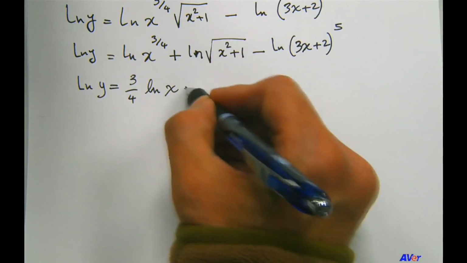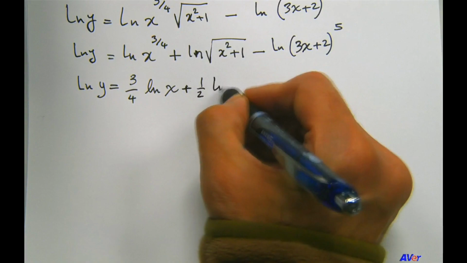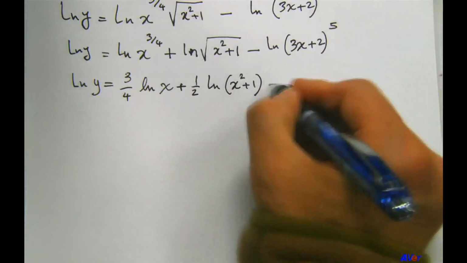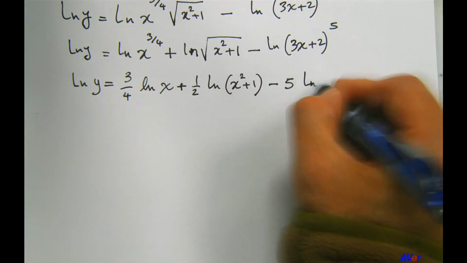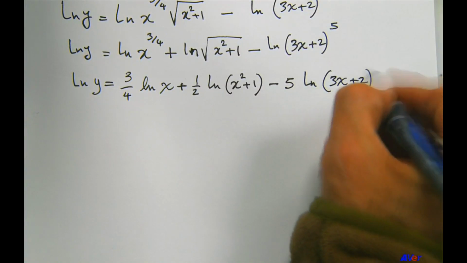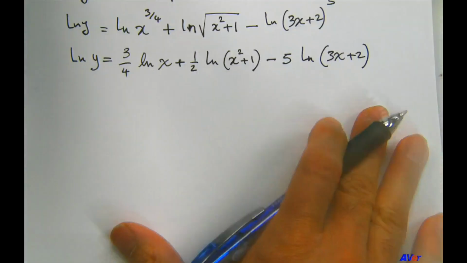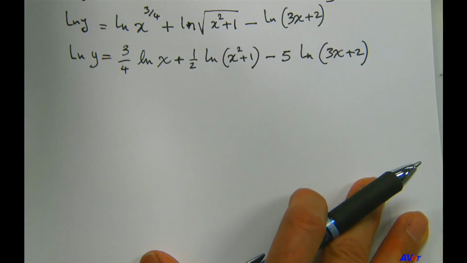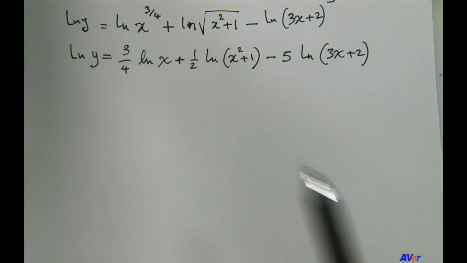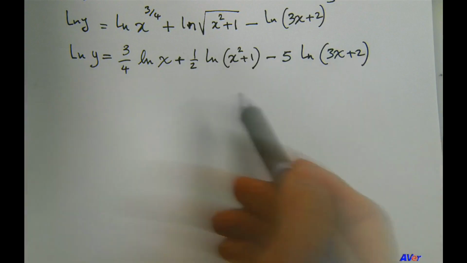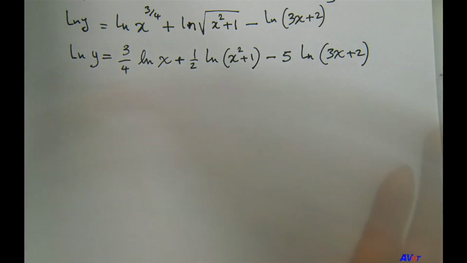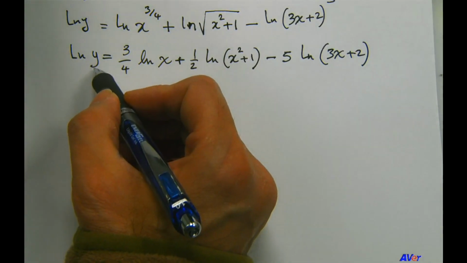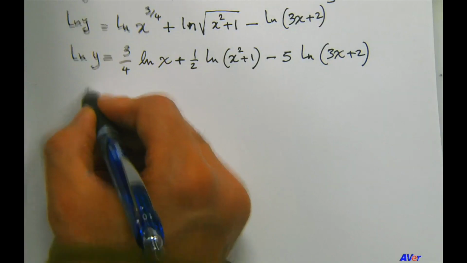So we can write plus 1/2 natural log of x squared plus 1 minus, of course, 5 times natural log of 3x plus 2. Okay, all using the properties of logarithms. Now we can find the derivative of this expression because we've simplified it as much as possible. So natural log of y has an easy derivative, right? It's just 1 over y,